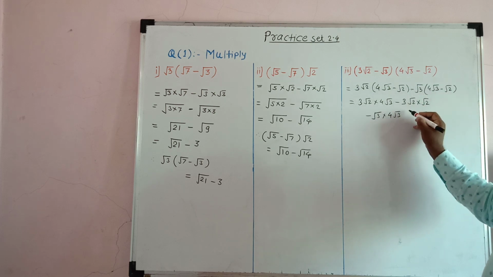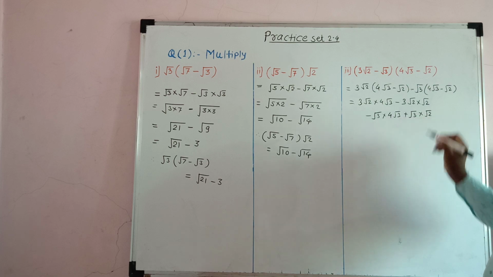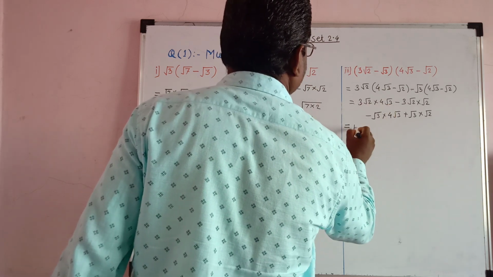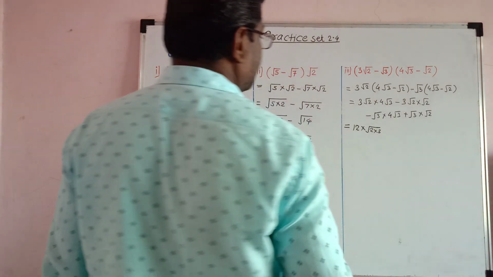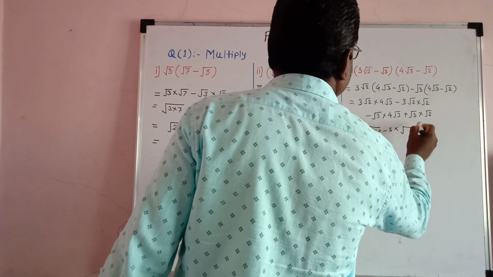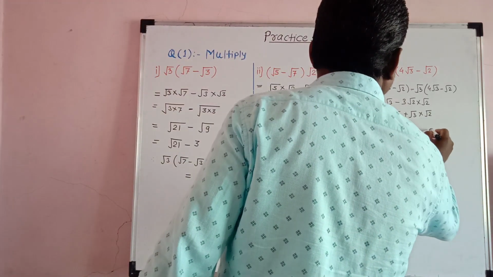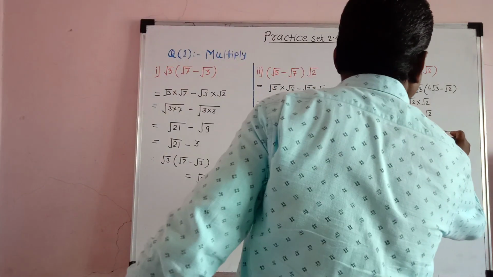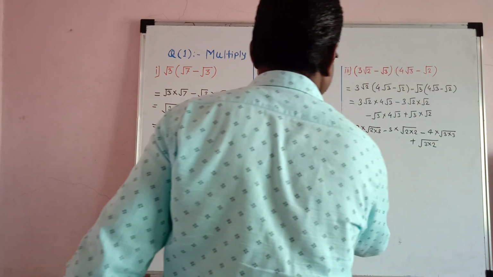Now this minus will get plus √3 × √2. This is equal to 3 × 4 = 12, in common √(2×3); now minus 3 × in common √(2×2); minus this 4 × √(3×3), plus √(3×2), is equal to,